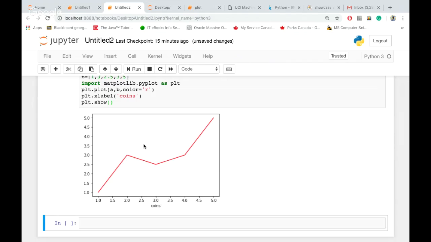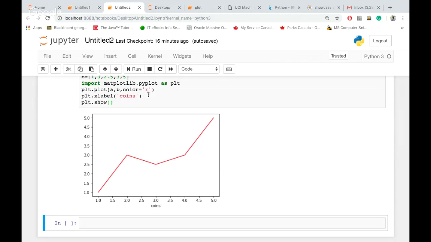But like, okay. The only part that I added right now was a next label. That would mean that I'm adding a label here on my x-axis, right? So I'm saying here on my x-axis that what I have here are coins, right? And all I did at the end over here was add that I wanted the plot to be shown,